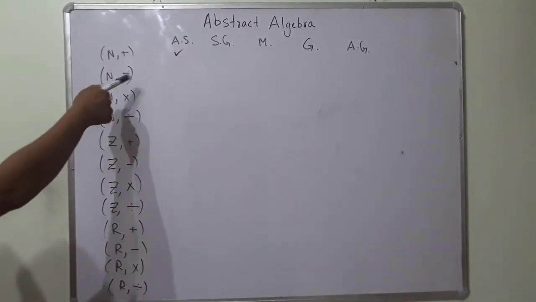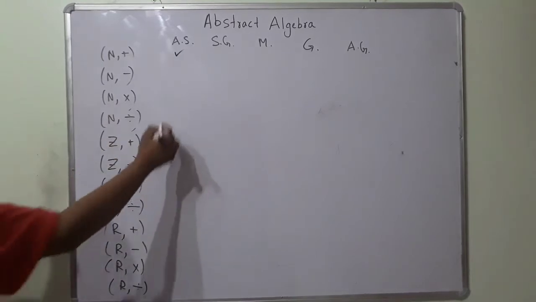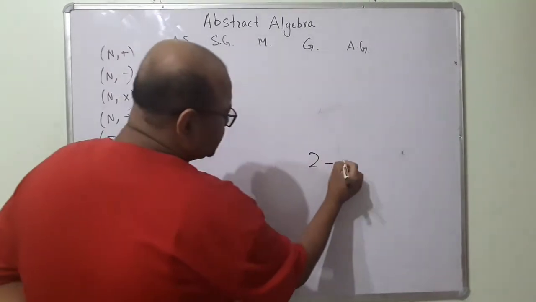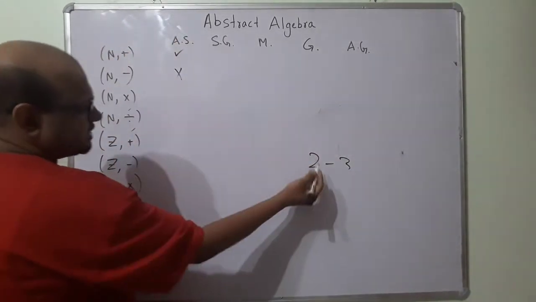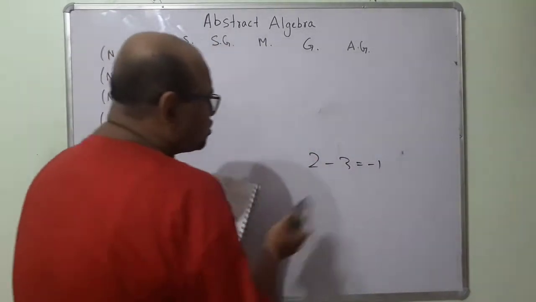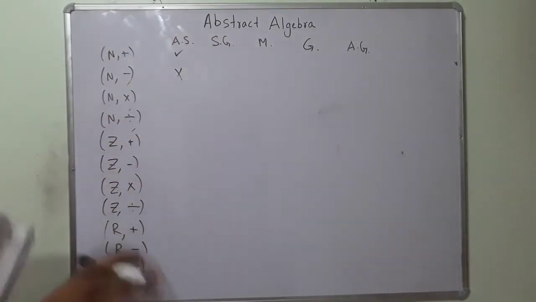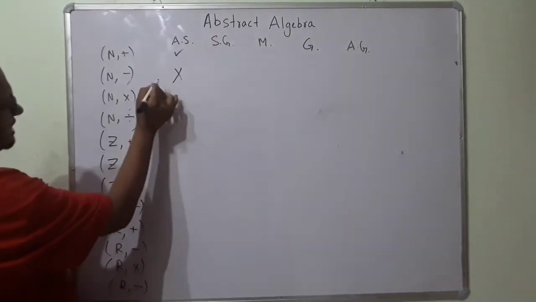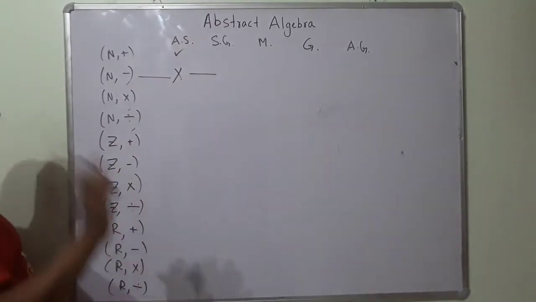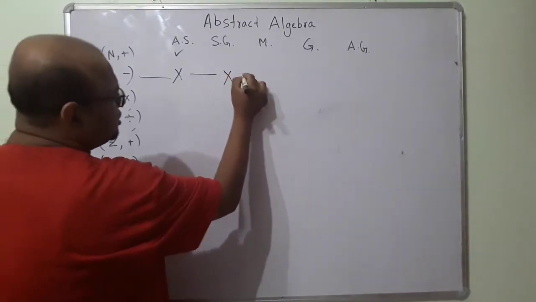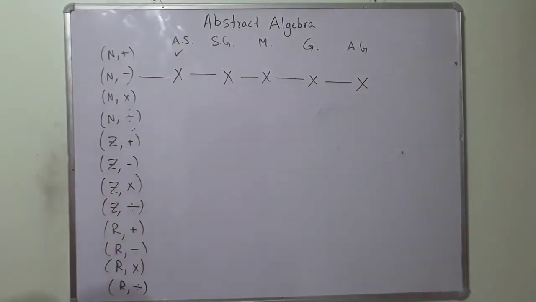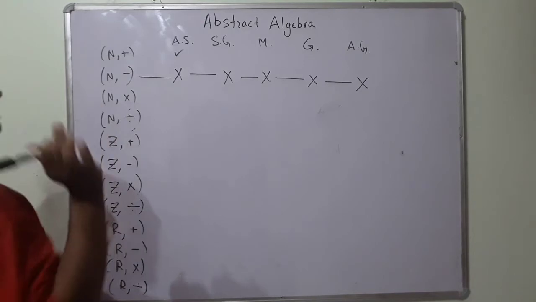Natural numbers under subtraction, is it closed? No, it is not closed. I already gave you this example: 2 minus 3, both of these are natural numbers. I apply the subtraction operation and I get minus 1. But minus 1 is not a natural number, right? So this is not closed. Now here is something interesting. Since this is not closed, I know this is not an algebraic structure. Since it is not an algebraic structure, I know it's not a semigroup, not a monoid, not a group, and not an abelian group. Okay. What about natural numbers under multiplication?